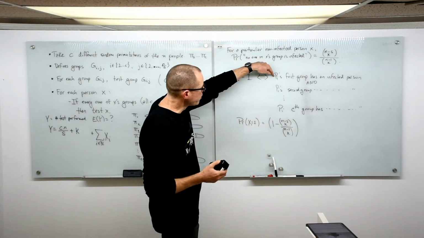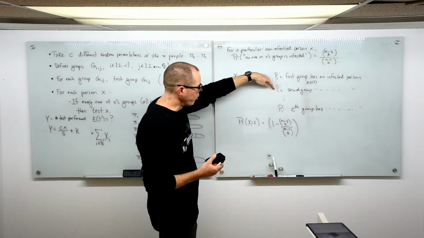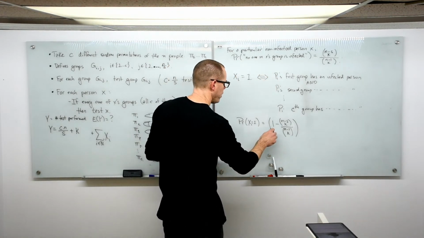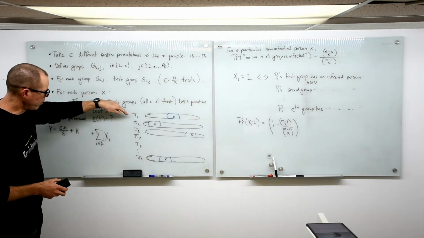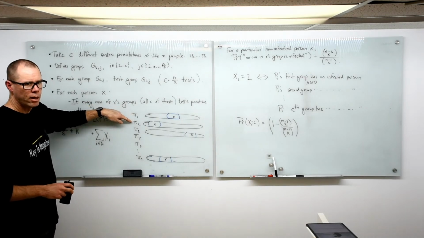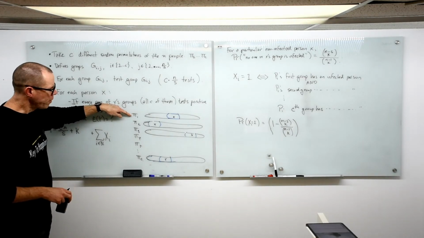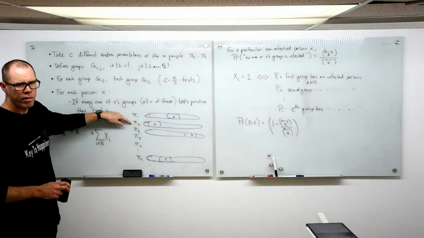That's just for the first one. And then we have to check, it also has to happen in the second group. And the two permutations, pi 1 and pi 2, are different random permutations. So in particular, the event that it happens in the first group is independent of the event that it happens